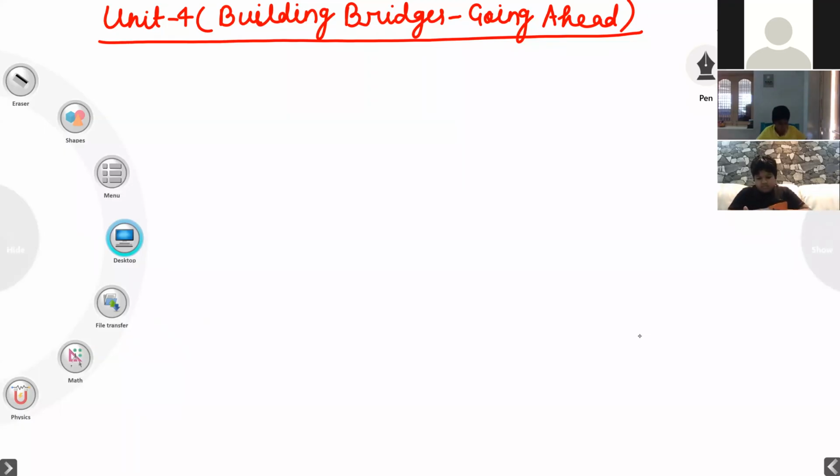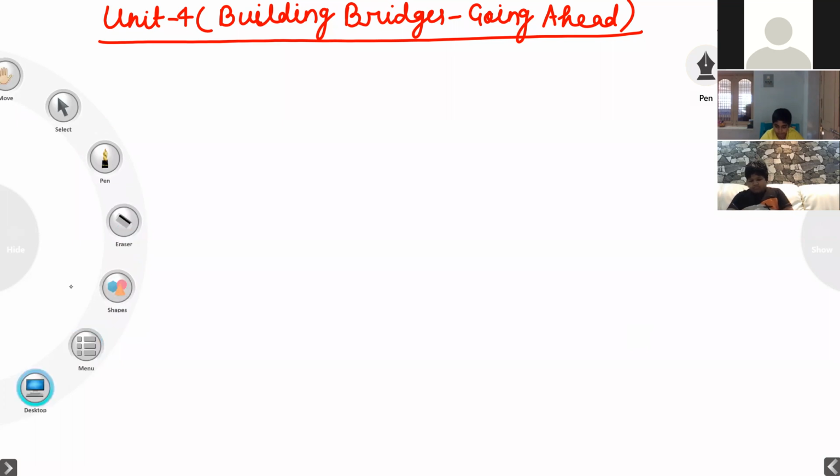The title of Unit 4 is Building Bridges Going Ahead. Already we have completed the first chapter. The chapter was Ratio and Proportion. Now today I am going to start chapter 2, Unitary Method. Take a fresh page, everyone. On the top keep the heading,